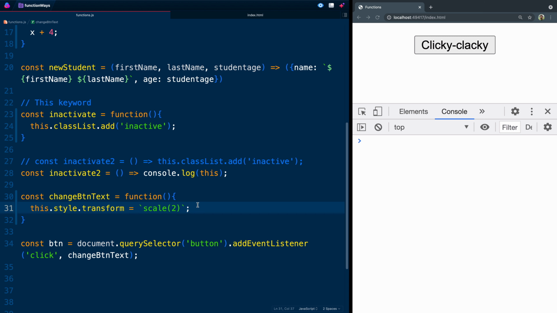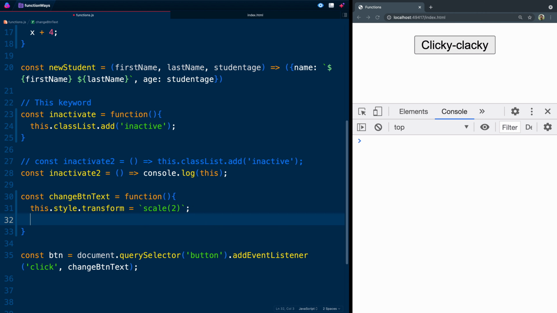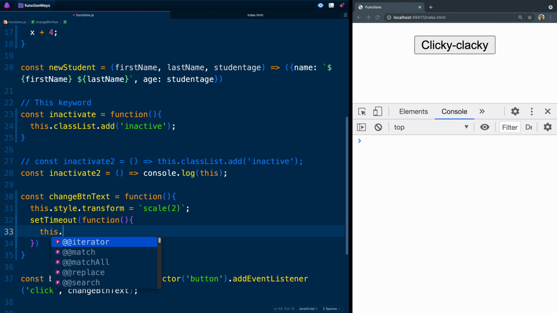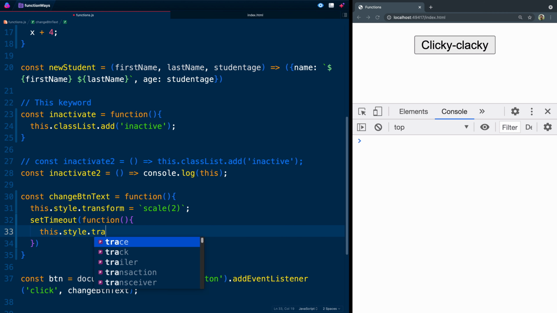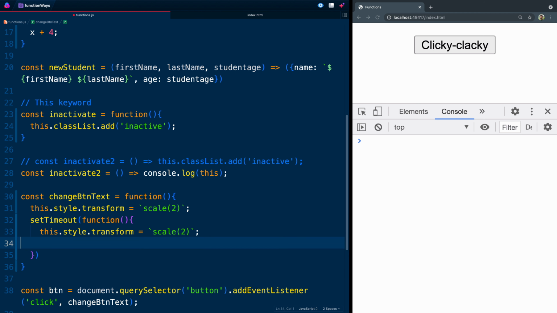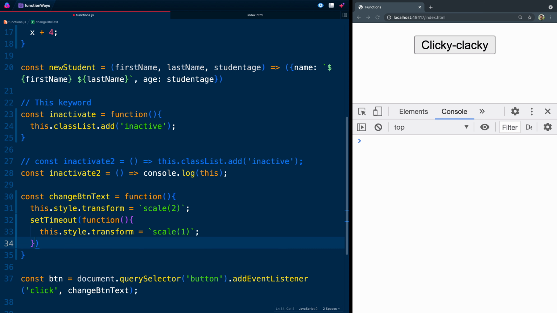All right, we haven't done anything yet. How can we use the this keyword differently? Well, let's say after a certain couple of seconds, or maybe even just really quickly, we wanted to scale it back down. So to do something after a little bit, you use the set timeout. And you need to provide two things, a function and then a number of milliseconds. So we could write this as a traditional function. We could say function, and then in here we could say this dot style dot transform. Let's just copy this down rather than retype everything. And we could change the scale back to 1. And then down here we need to provide a number of milliseconds when this will do it. So if I hit save and I come over here and click, after 1 second it should go back down,